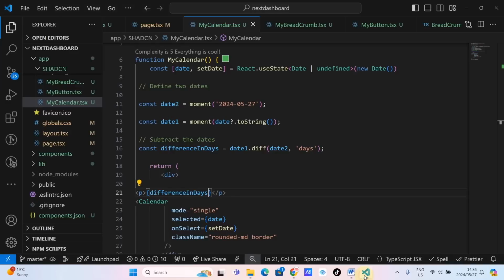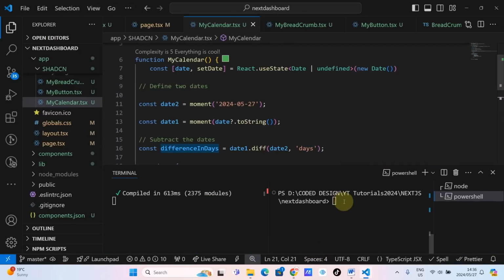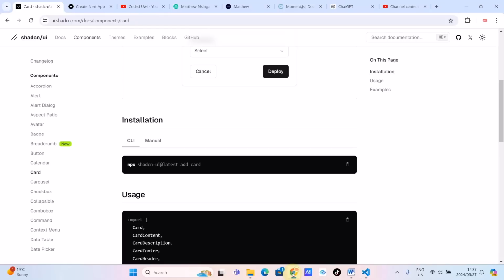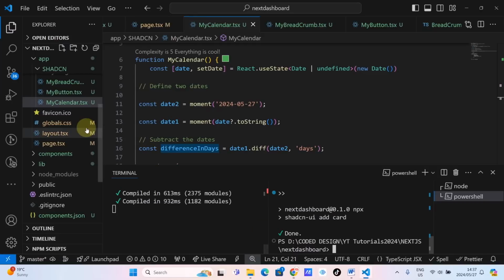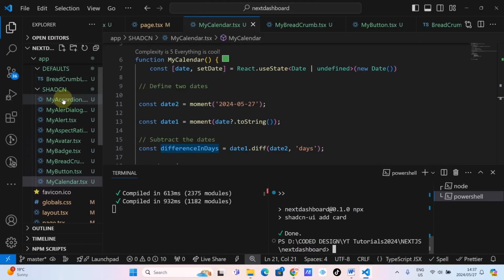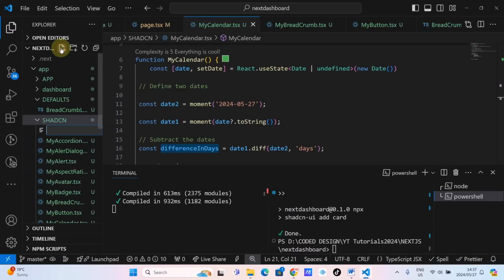Let's copy, and then let me go to the terminal, and let's apologize about that. Let's install this. Okay, and then what we are going to do next, we are going to copy all of this import. We are getting into the usage. So as you know by now, we are creating our own components here on this folder. So let's copy my